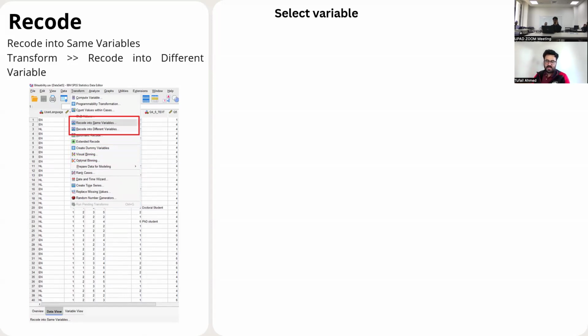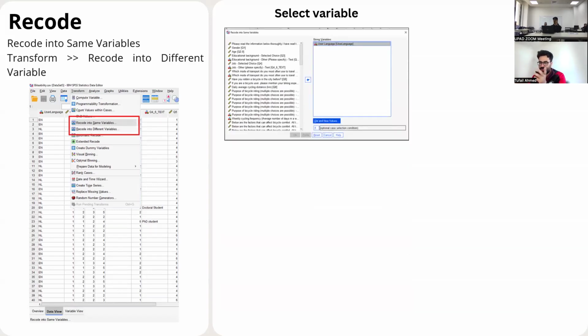If I want to keep my variable the same as is, I will use recode into same variable. It will only change the labels, and everything else will be the same. If I want to make a new variable out of the existing one, it will make a new variable using the recode function. So if I want to do recoding into same variable, a new window will pop up.